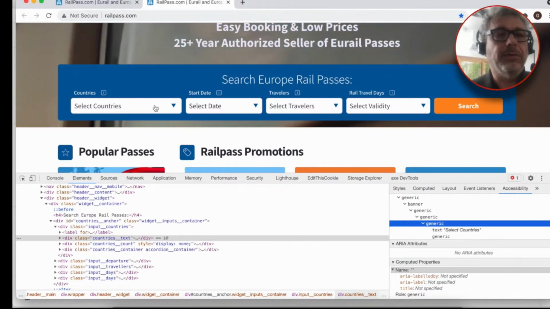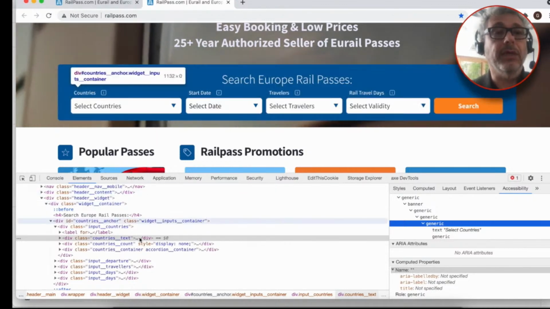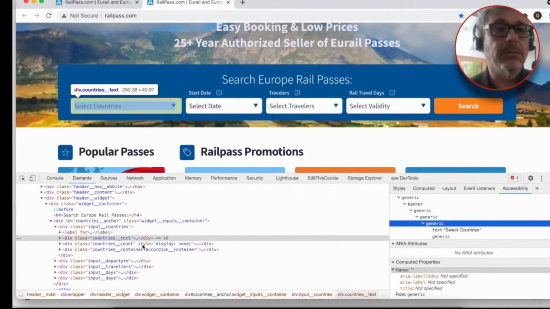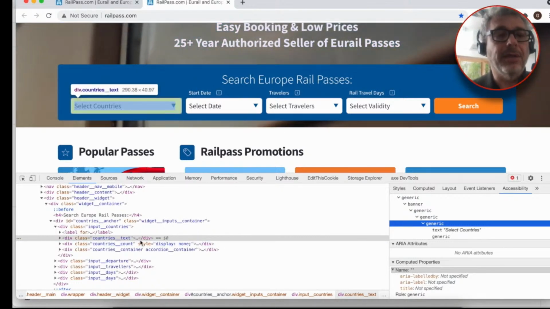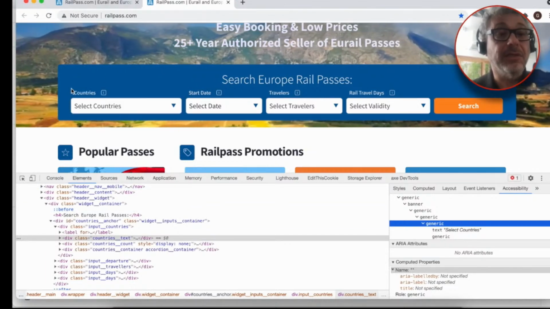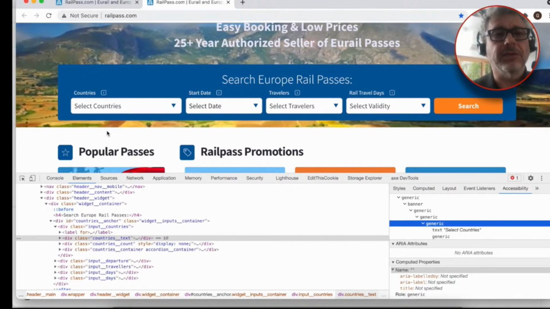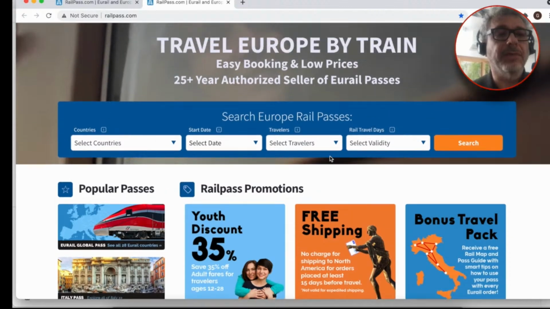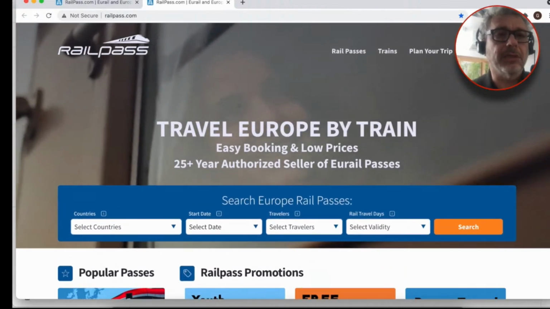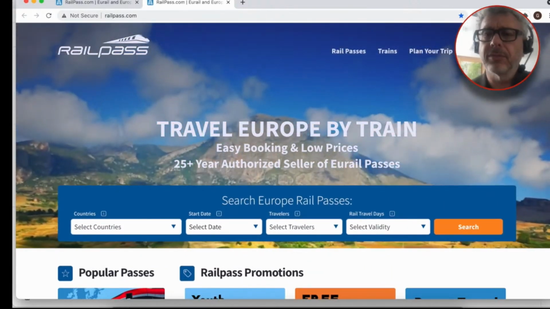We as sighted people can see this to be a drop down. We know that we'll move our mouse here and click on the drop down, but the way it looks from the DOM perspective, it's just a div. This is the missing semantic information here. And the only way to understand the differences is by understanding the expected UX, the expected user experience.